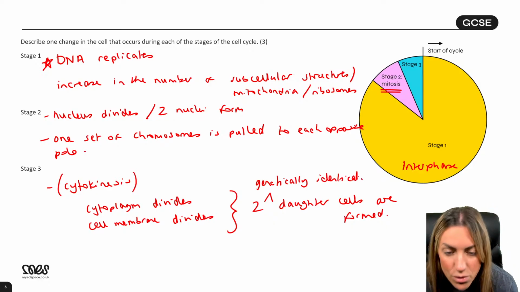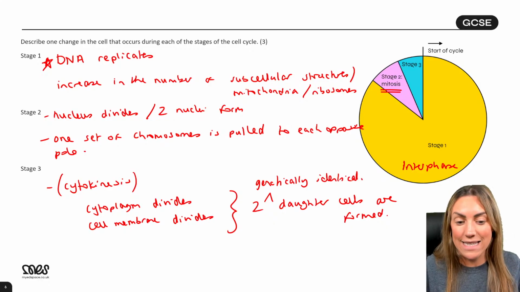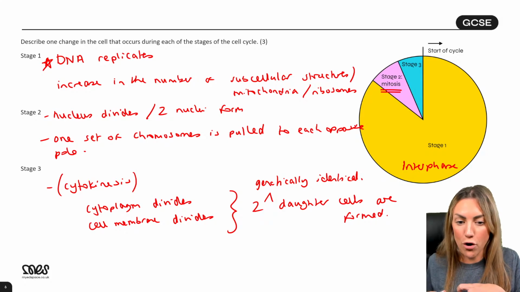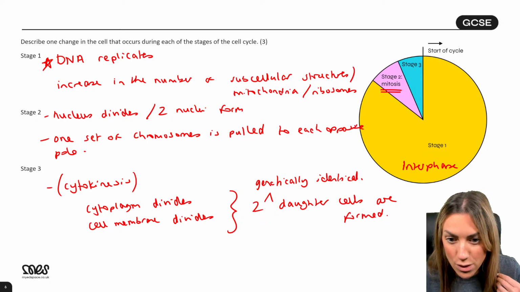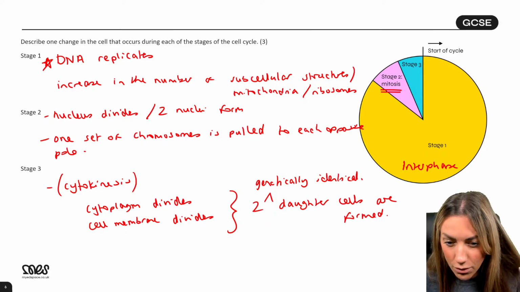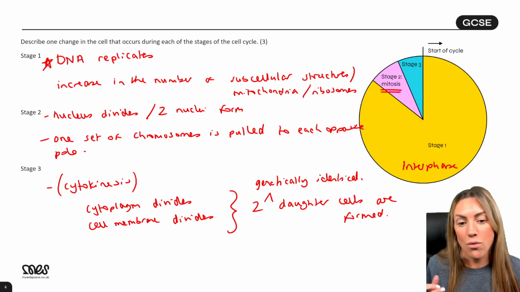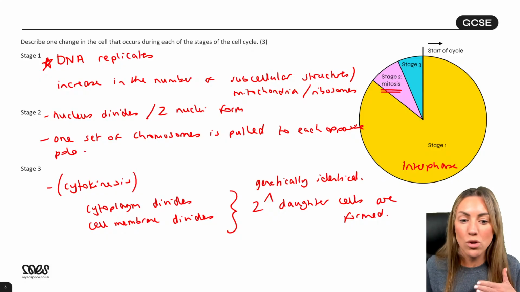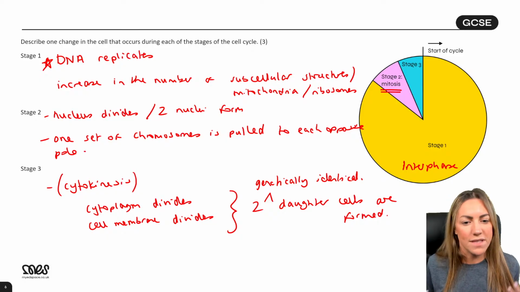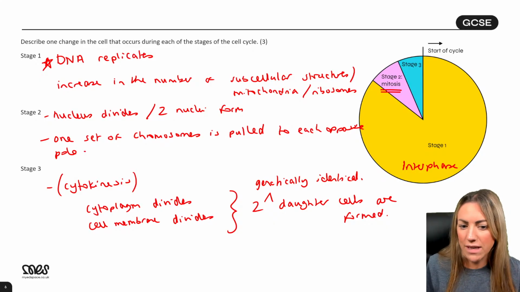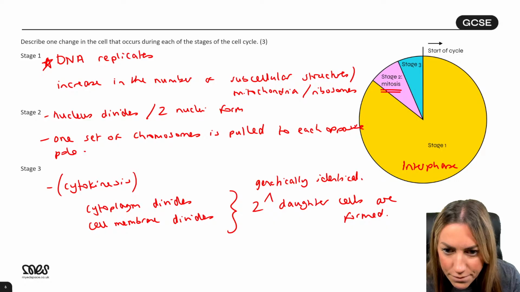2 genetically identical daughter cells, because remember, we replicated the DNA and then one set of chromosomes moved to each opposite pole. So the daughter cells will have their own set of chromosomes and each of those 2 daughter cells will be identical. Okay, now this is one of the differences between AQA and Edexcel. Just a heads up: for Edexcel, you have to know the detail of mitosis in way more detail than this. You go through all of the stages, don't you? You don't do that in AQA. So that would be something on your Edexcel specification that you would still have to revise.